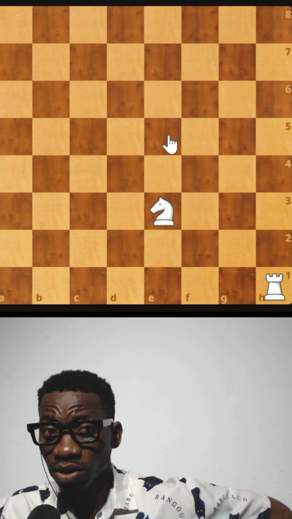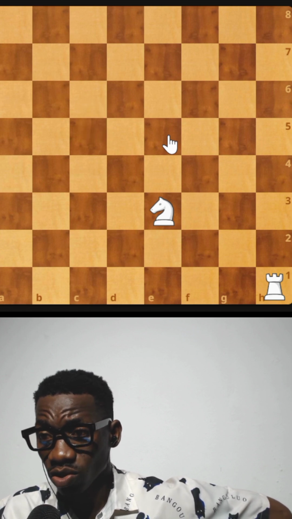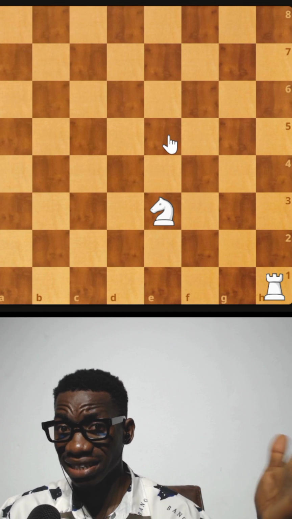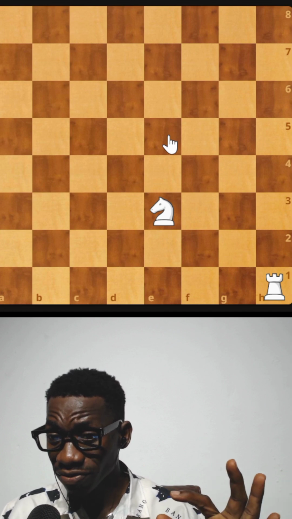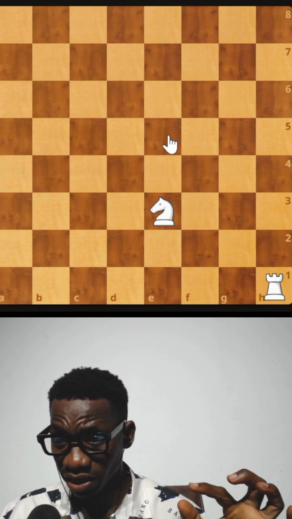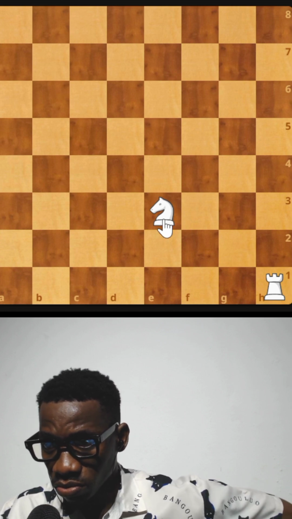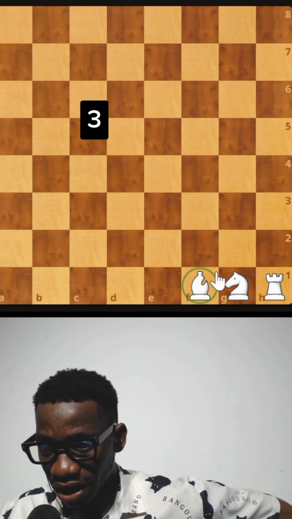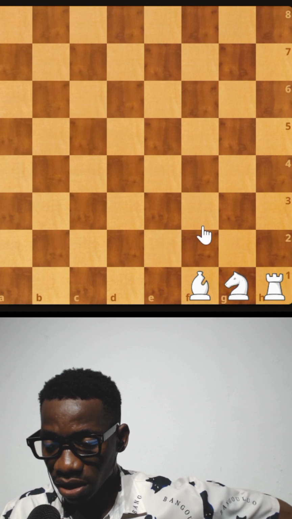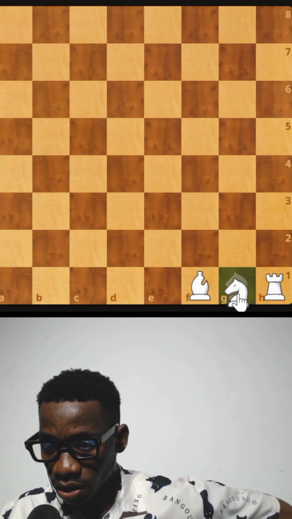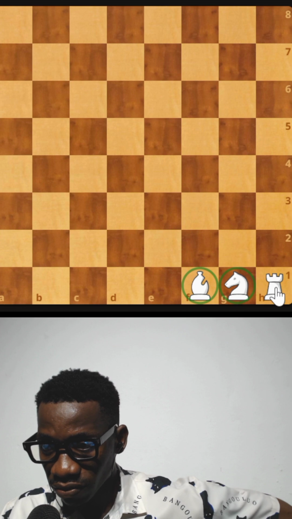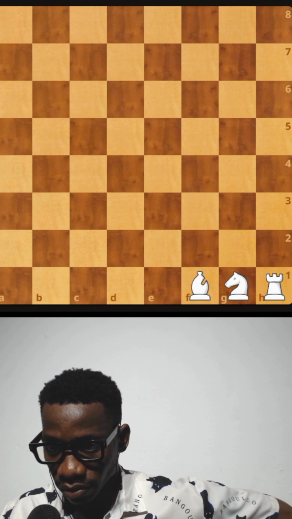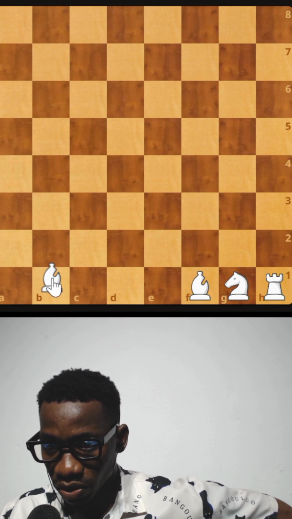The essence of this point is because whenever you're going for an exchange, you have to calculate yourself. You don't just go and exchange anything you see. They all have their values. They all have their strengths. So the knight over here is valued at 3 points. The bishop over here is valued at 3 points. Same applicable to the knight. They have same points, the bishop and the knight. So 3 points, 3 points, 5 points. The same thing applicable to the next direction. 3 points,